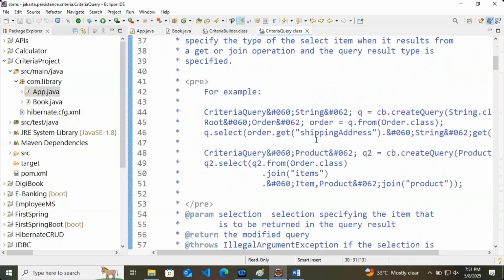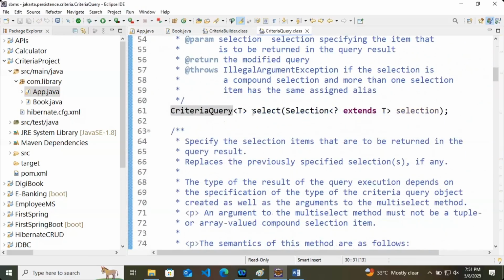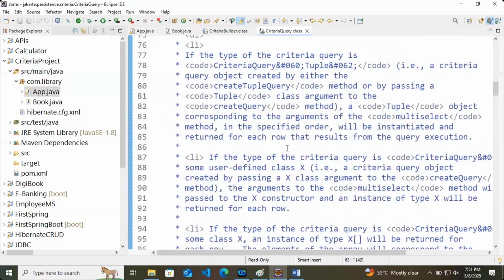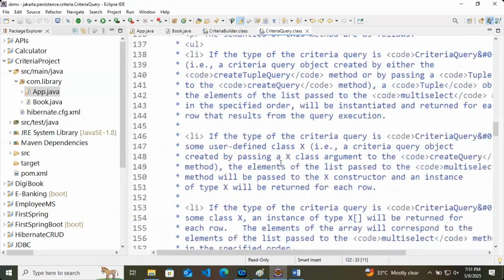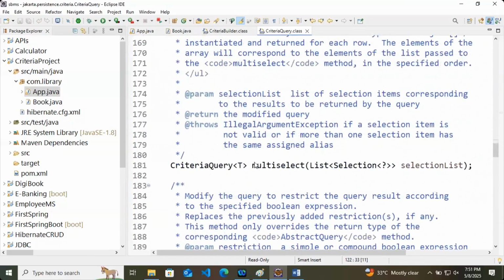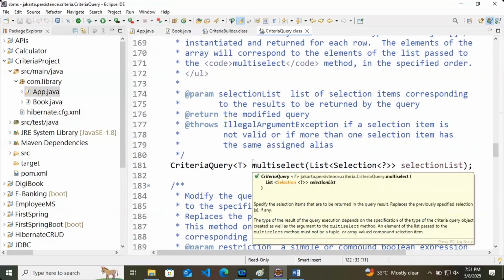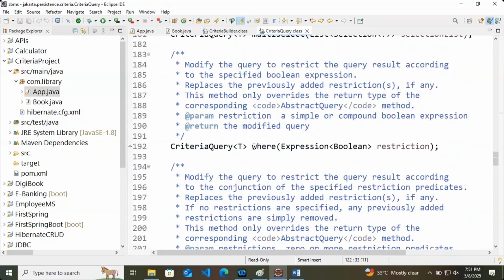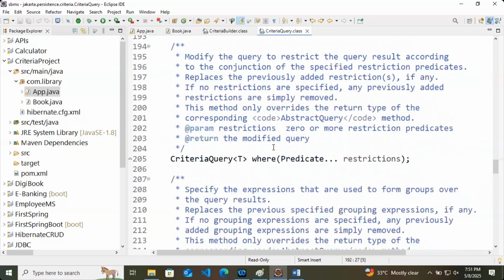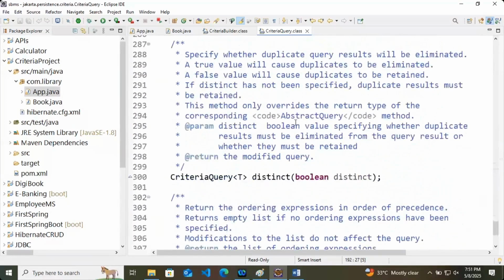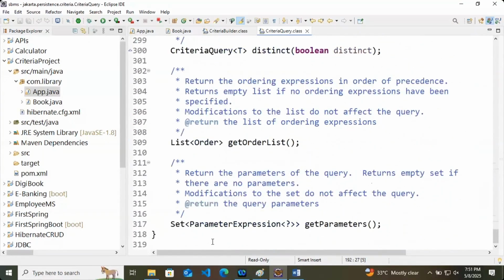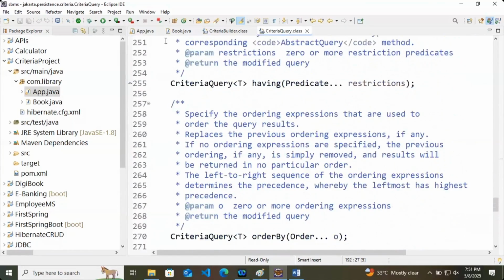I'll show you. Select. This is also having something as multi-select, based on the type of data. Then where, means here you can write the conditions, where having, order by, distinct, get order list. So like that you can do in this criteria query.